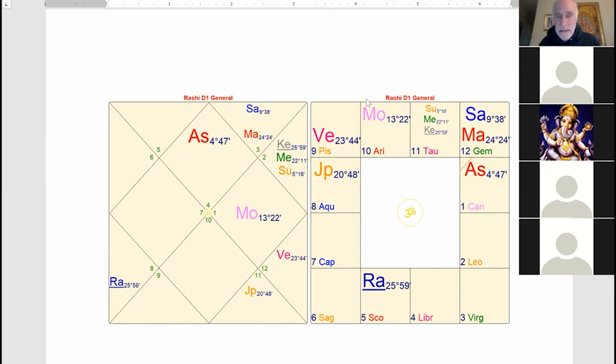But of course, in that case, it can mean income from foreign sources. And I could show you many charts, including my own, where that's the case. So this is why I always say, when you're seeing a combination in a chart, you have to see what could be the favorable side of this. And of course, what could then be the unfavorable side. In this case, the favorable side is that he's had good success, Raja Yoga, in a foreign country when this was getting activated in the dasha sequence.